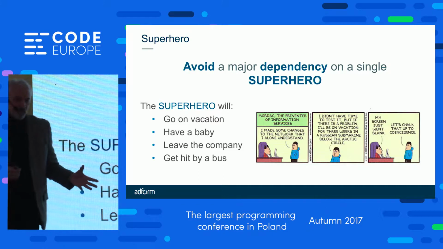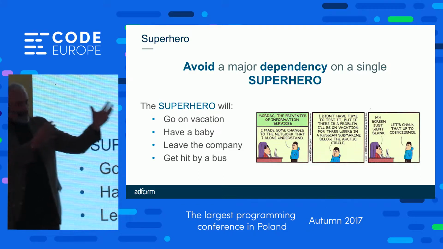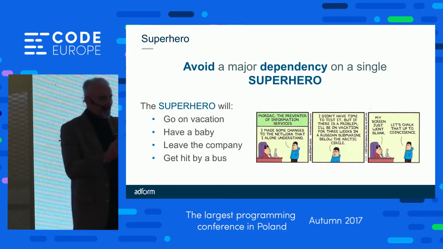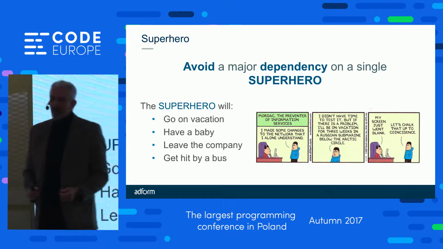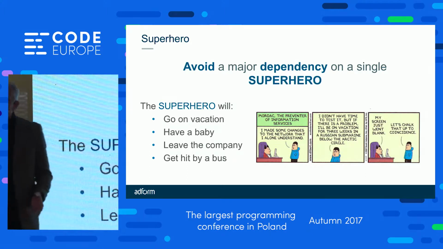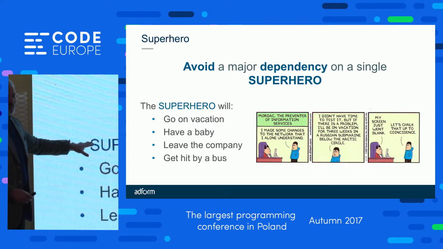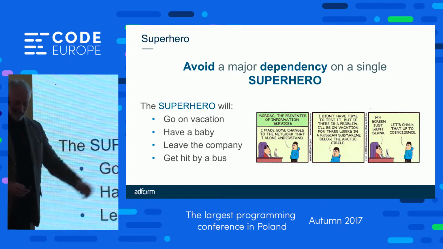Have two superheroes. Have a Batman and a Robin, so that if Batman dies, Robin can step up and do the job. So don't rely on one person. There's nothing bad about having more than one superhero. Oftentimes, superheroes have a certain personality. You know what I'm saying? So you have to control that, manage that.